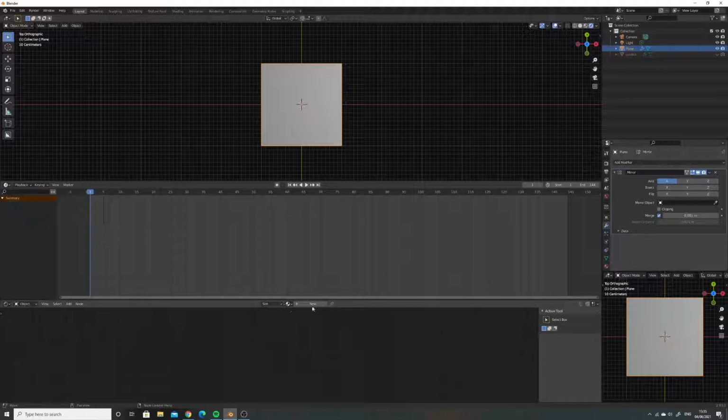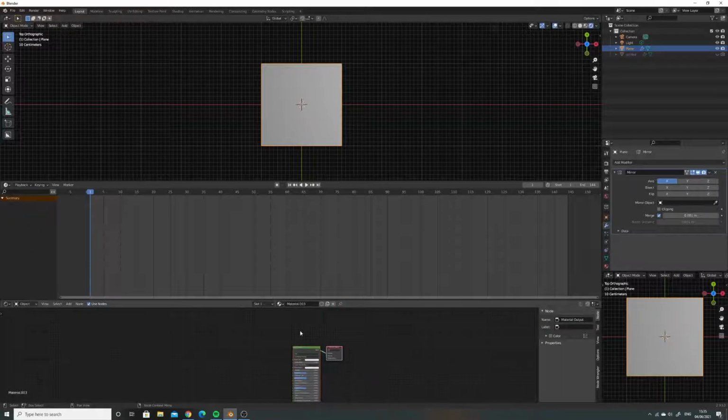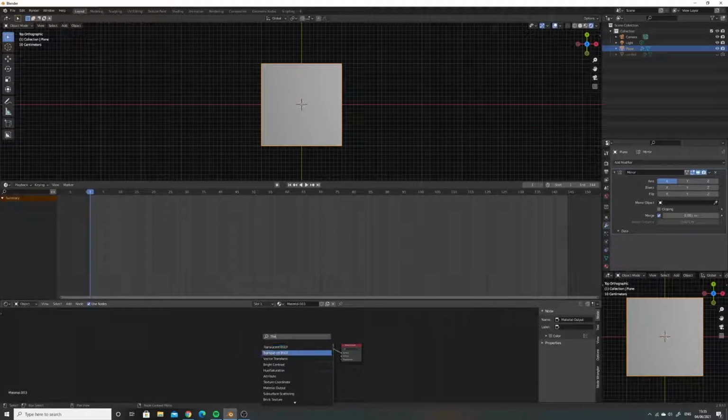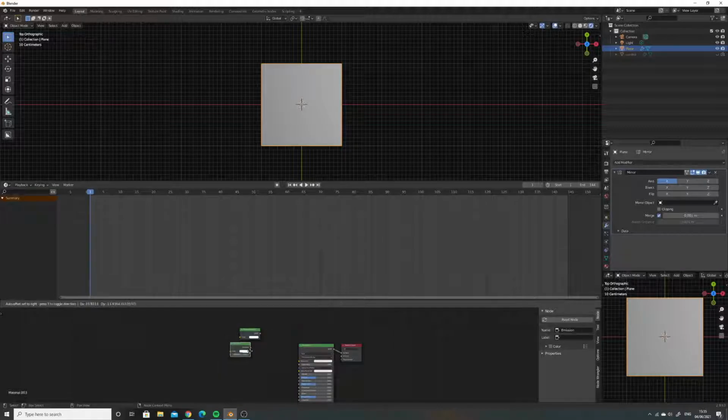What we'll then do is add a material. I'm going to mix a transparent shader with an emitter. Shift Control to mix them if you have Node Wrangler, and then plug this in here, and we can delete